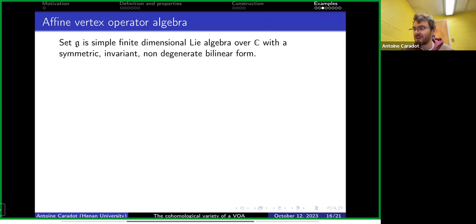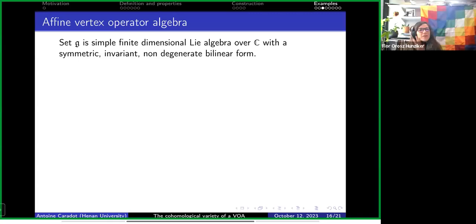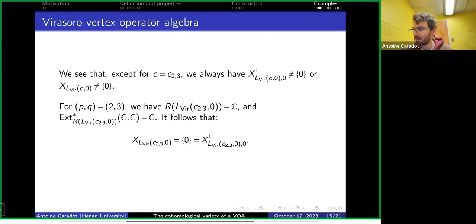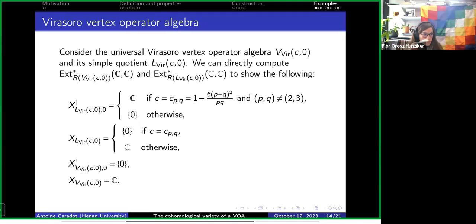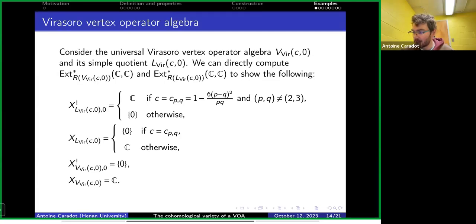So if you start with G, Antoine, sorry to interrupt. I have a question. What about the associated variety to the non-irreducible Virasoro when the central charge is 0? So 2, 3 corresponds to central charge 0, right? Yes. And you said the irreducible one is just trivial in that case. I agree. But what if P and Q are 2, 3, but you have the universal Virasoro? Then